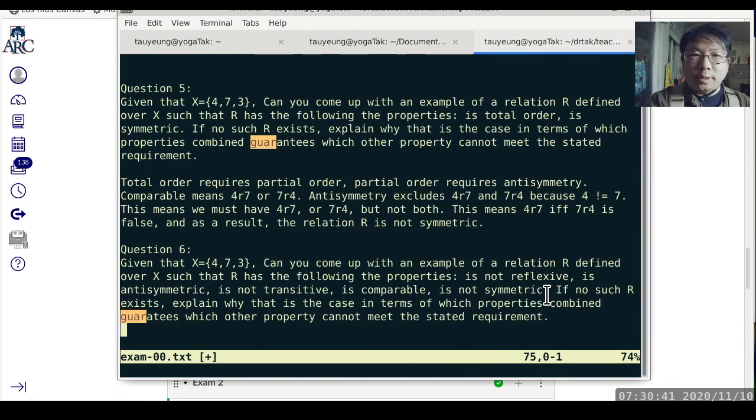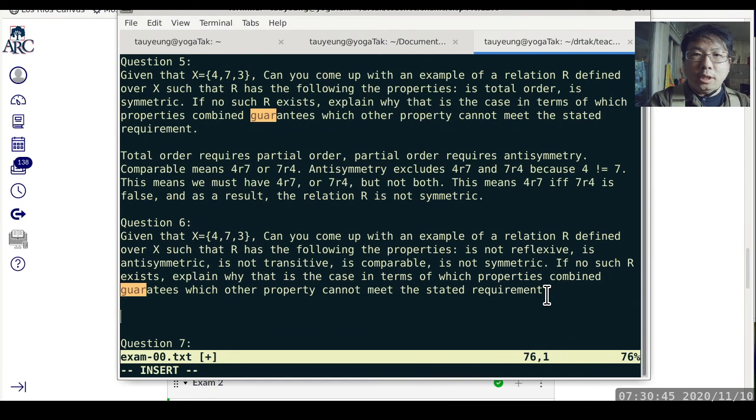Okay, question number 6 is also in the same format, and this time we want it to be not reflexive, we want it to be anti-symmetric, not transitive, and comparable, and not symmetric. Not being reflexive is easy, because all we have to do is make sure that